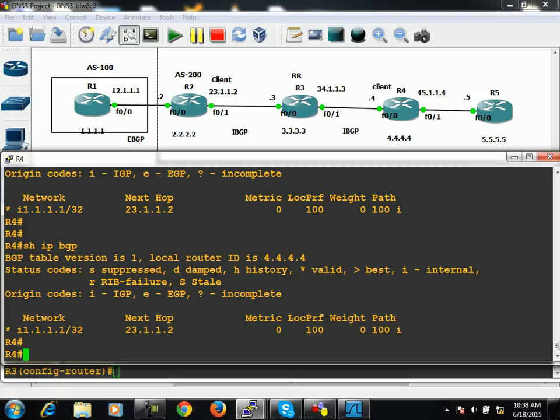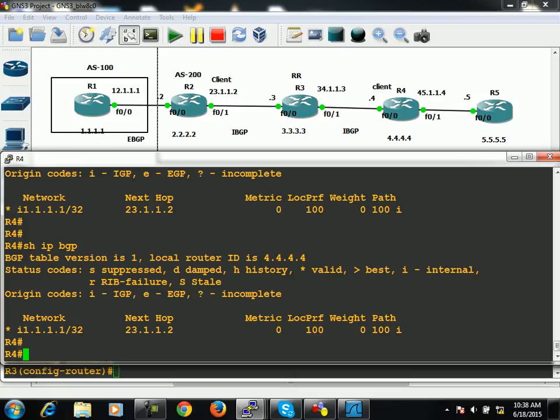We have disabled this IBGP rule now. Route reflector, yes, we have configuration as well, but right now I'm not going to discuss it. We will also learn route reflectors at large scale, as well as configuration. Configuration is another way to break this rule of IBGP apart from route reflector, but we will discuss them later on. Now you can see that due to the next hop issue, this path is not the best path